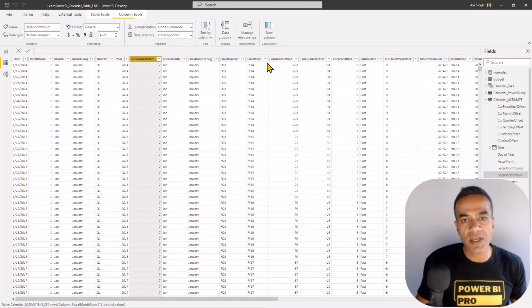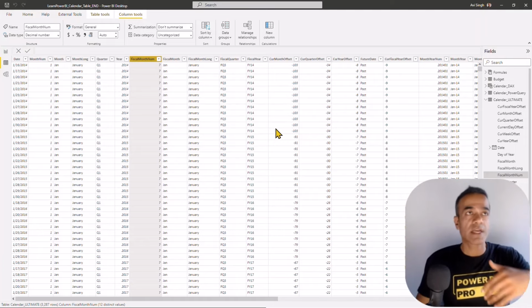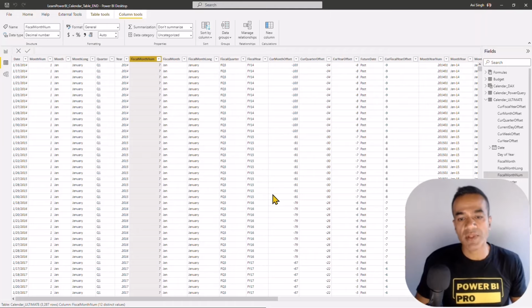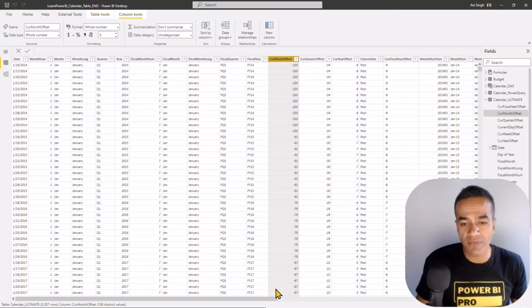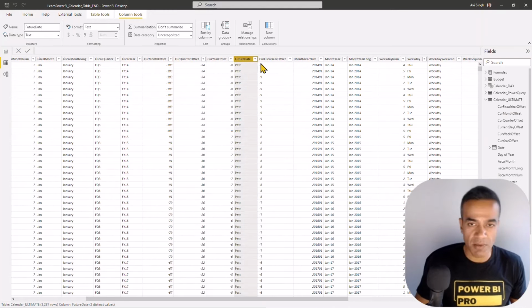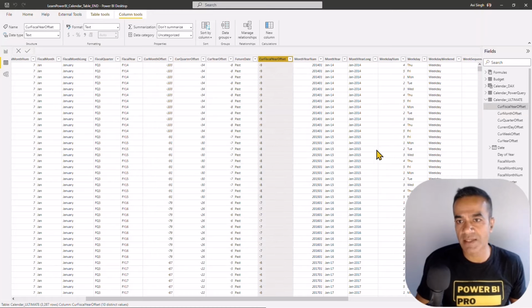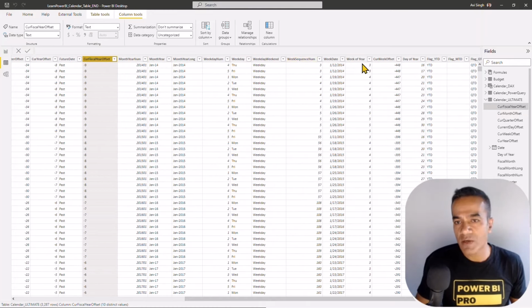There's a fiscal year, so if your fiscal year starts in July or October or February, there's controls for that. There's this current month offset, which is a mind-blowing feature that you can use. It's got this feature in past state, fiscal year offset, weekdays, already talked about that, week sequence, current week offset,